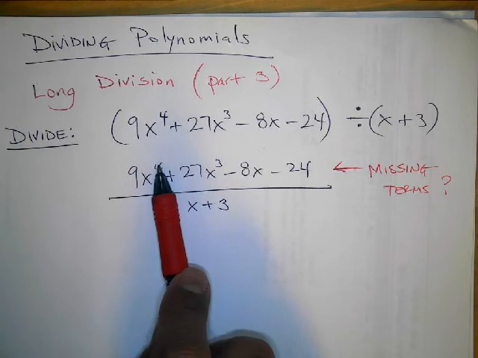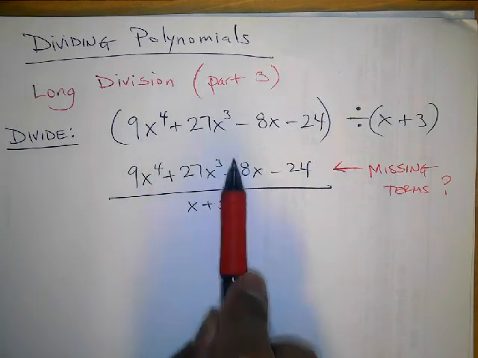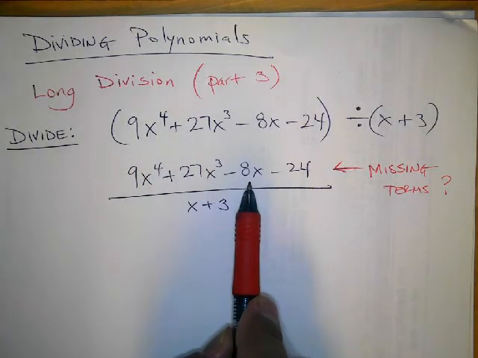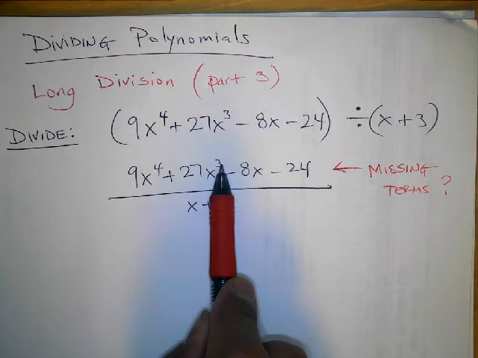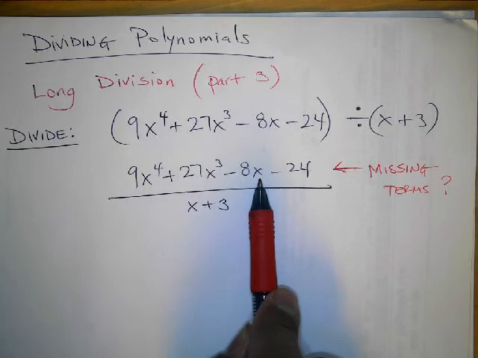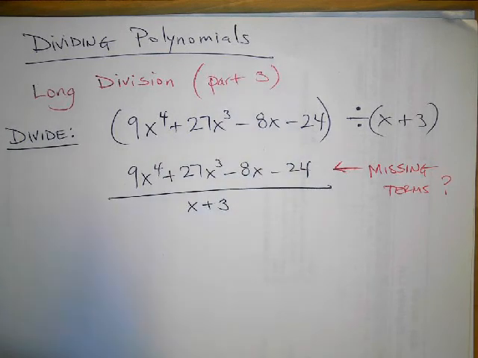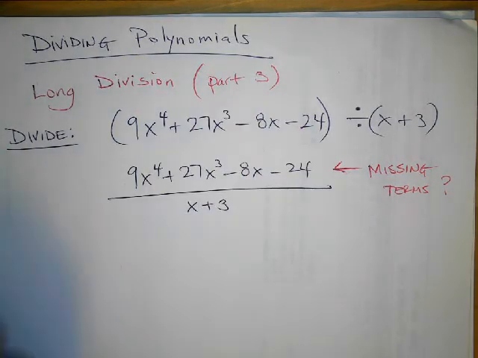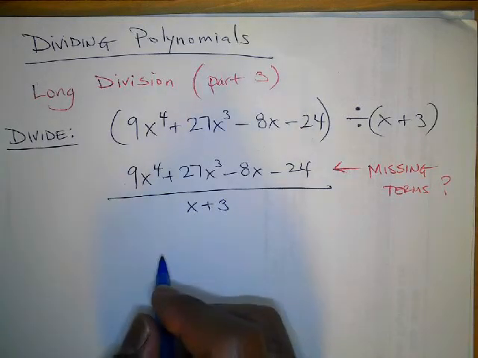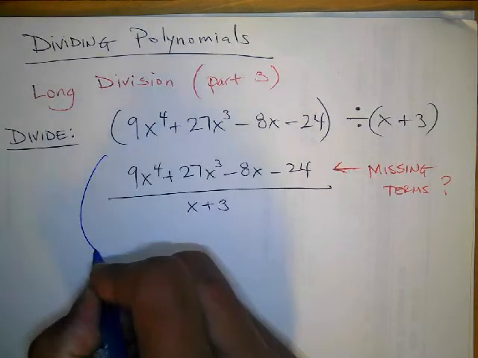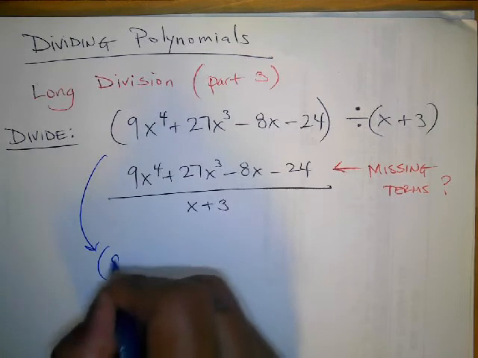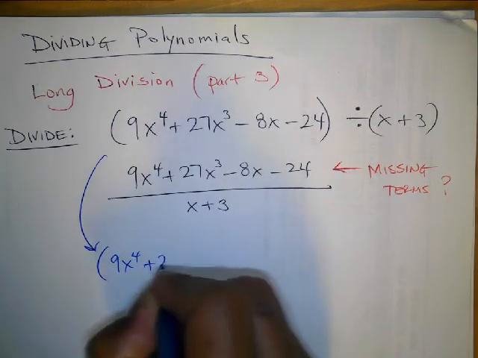If you notice, this is x to the power of 4, x to the power of 3, and the next one should be x to the power of 2. You guys see that it's missing a term. It goes from x^3 to, there's no x^2, and it goes to x, and then the numbers last. See, there's a missing term here. So what you're going to have to do is, when I set this up for long division, I'm really going to have to say that this is what? 9x^4 plus